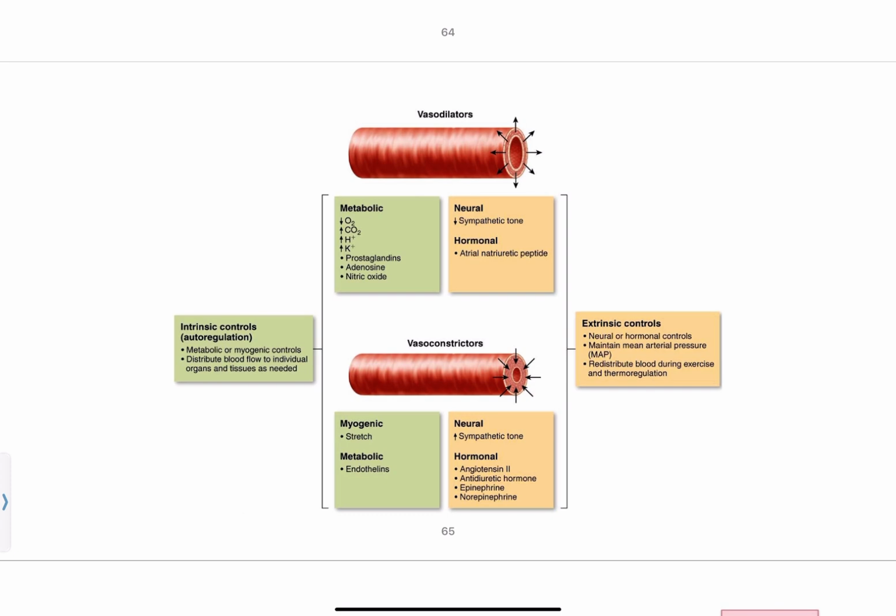So this is showing you the big picture. We've already talked about all of this, but you can look at the different controls and what effect they have either on vasodilation or